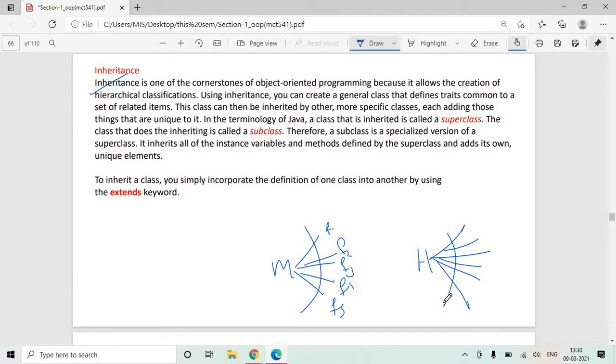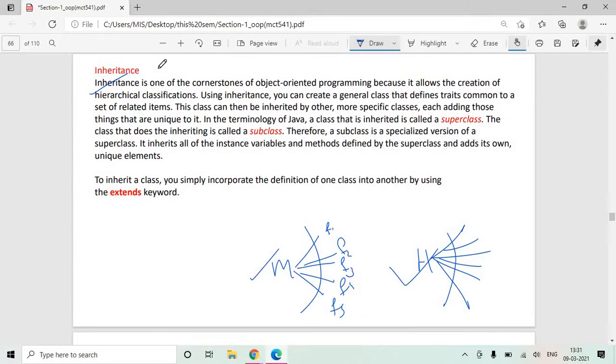Now few features may be common in each car, say Maruti car and Hyundai car. So let's say we have identified 5 features in a Maruti car and 5 features in a Hyundai car.